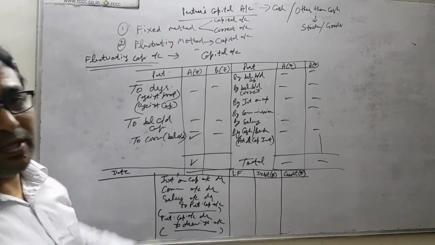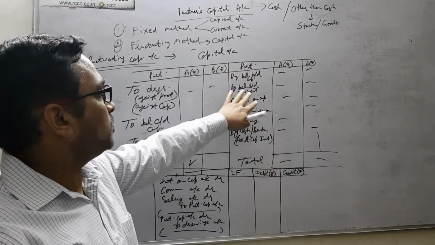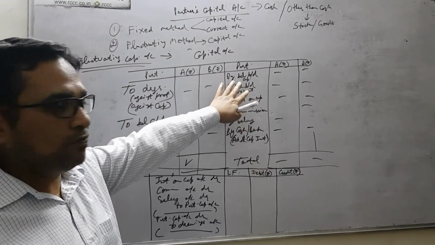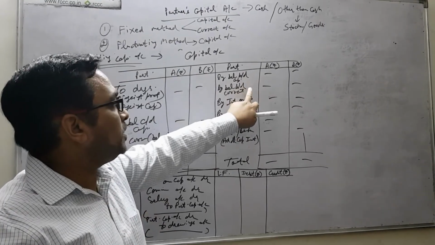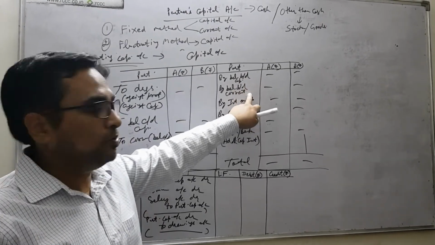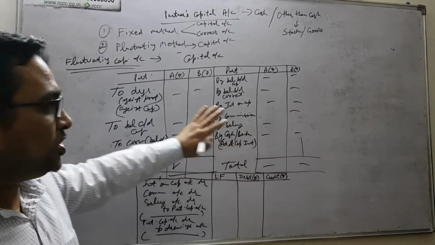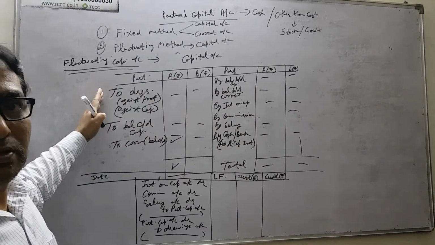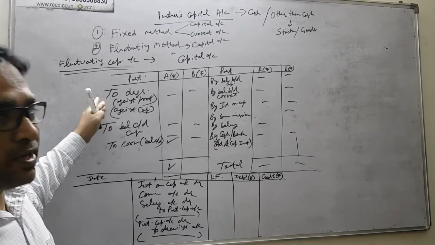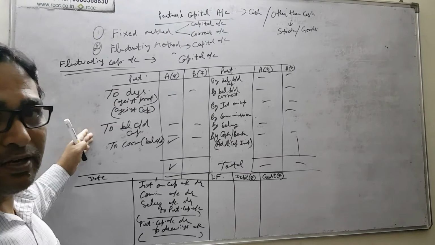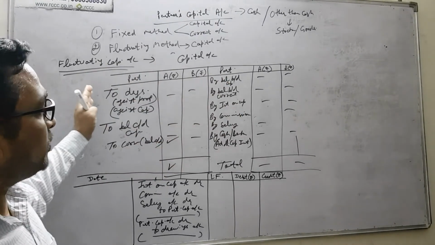Rest everything appears in the partner's current account in case of fixed method. Second is the fluctuating method. In case of fluctuating method, everything appears in the same capital account. So on the credit side, by balance brought down, we start up with the balance brought down for the capital. There is every possibility that the current account balance may be given separately. So by interest on capital, by commission, by salary, by cash and bank, to drawings. To drawings is equally important against profits or against capital, and to balance carried down, right? So this is basically about partners fluctuating capital account.